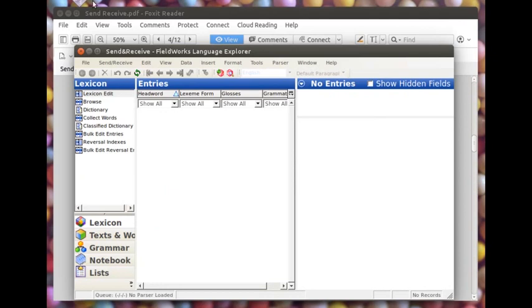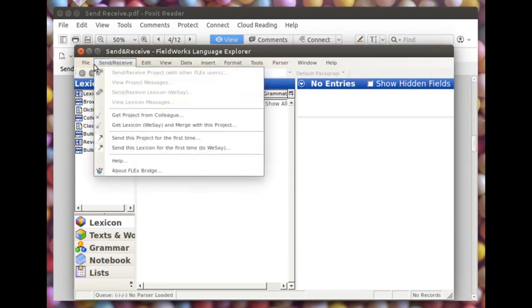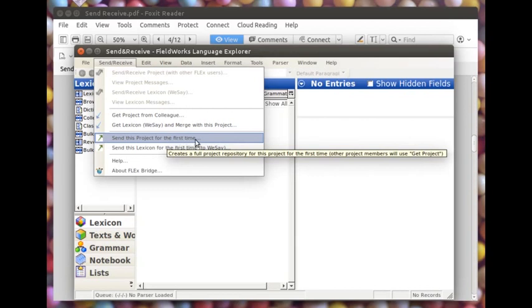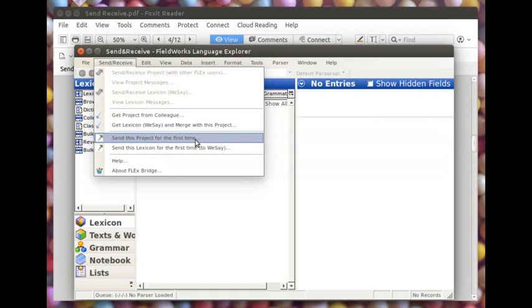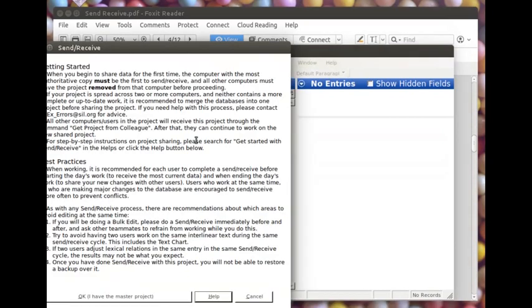So in Flex, on the menu bar next to the file menu, you will have an option called send and receive. If you go to the send and receive option, you will see an option called send this project for the first time. When you are sending the project for the first time, you have to use this option to send it. Once you click this,